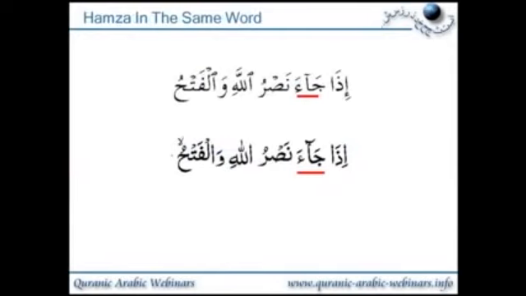So let's look at an example here. So here we have the word ja'a. Now normally this would be jim fatha alif, but because it's followed by a hamza, and this is in the same word, again you'd have to know grammar, because it's in the same word, they put the madda sign on the alif, and this will now be elongated, and the simple rule is keep this to 4 long. So this would be